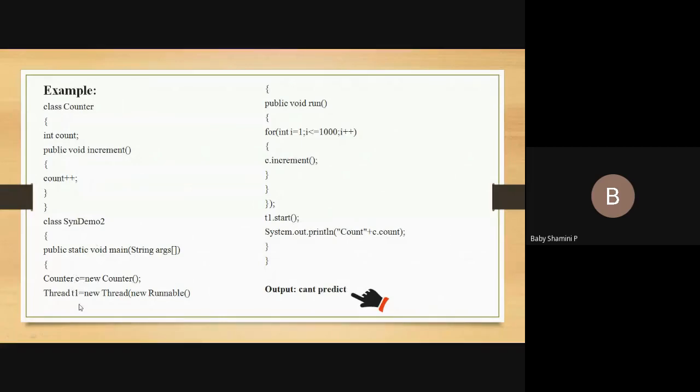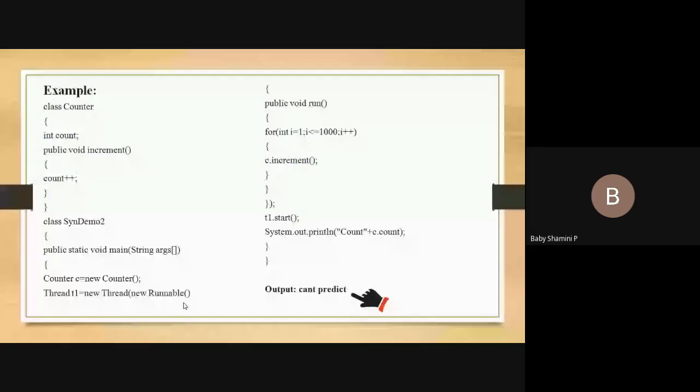And I'm going to create an object for the Thread class. If you want to perform thread operations, we need to create a thread, new Thread. We have two different types: on the inheritance concept we can extend Thread, or the interface concept, that is the Runnable interface. Here I am using the Runnable interface concept.